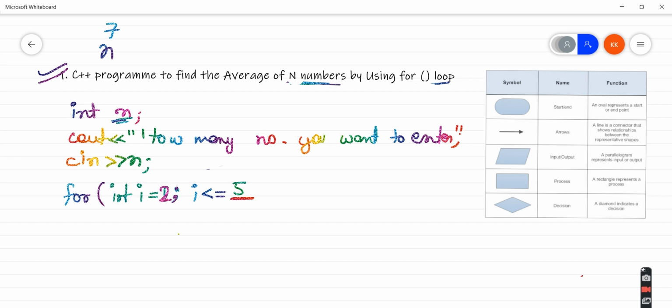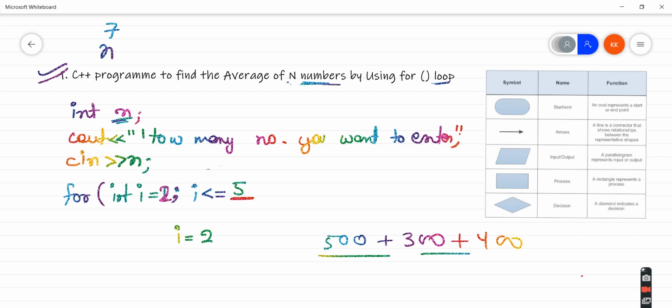Okay, so your question is, if I initialize with 2, what will happen, right? Is this your question? So nothing will happen.